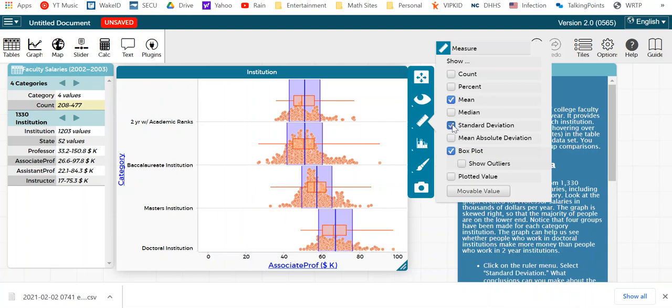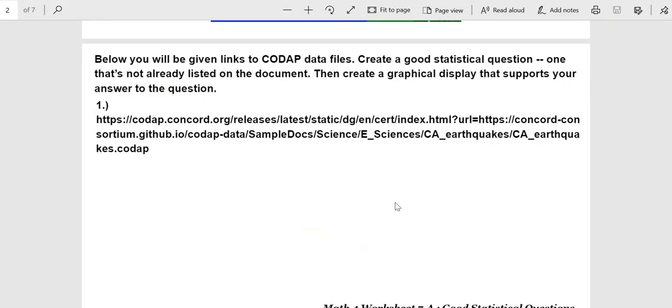So we'll just stick with the box plot, and we'll make that our screen grab, and then we'll go back to the notes, and we'll paste it here, and then a good statistical question would be,